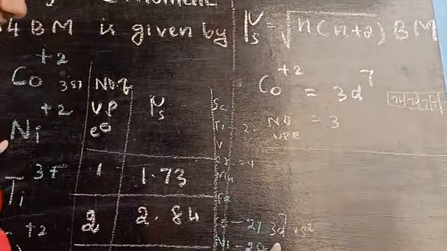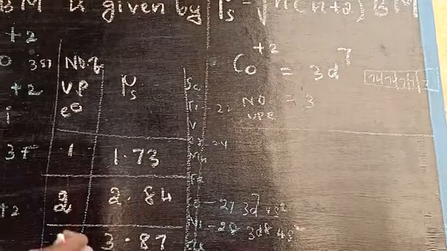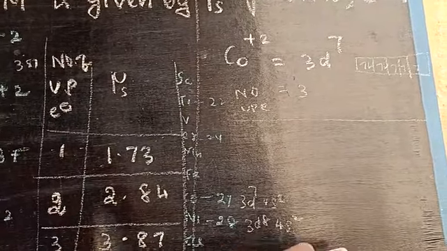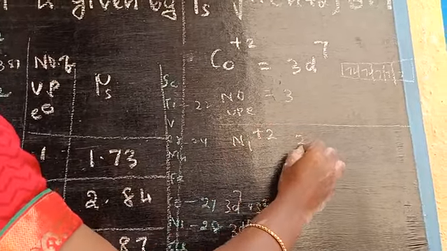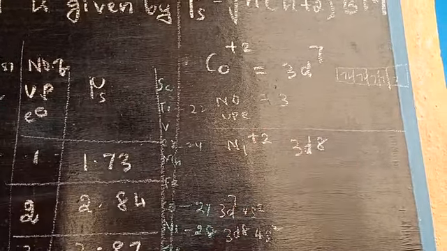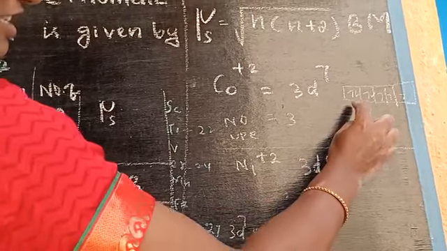Next, nickel 28: 3d8 4s2. Okay children, so now nickel 2+, with 2 removed. So Ni2+ is 3d8. So 3d8 means, to calculate the number of unpaired electrons here,